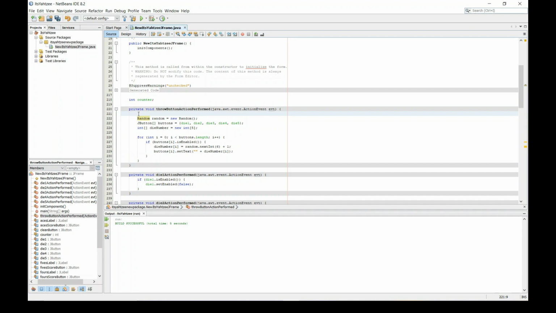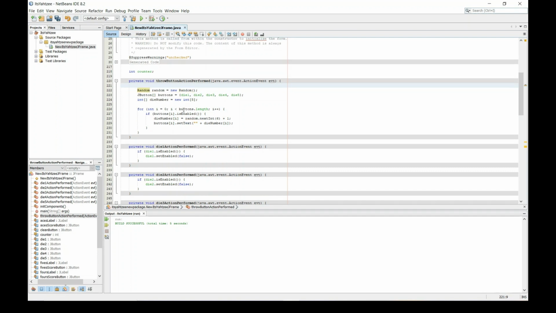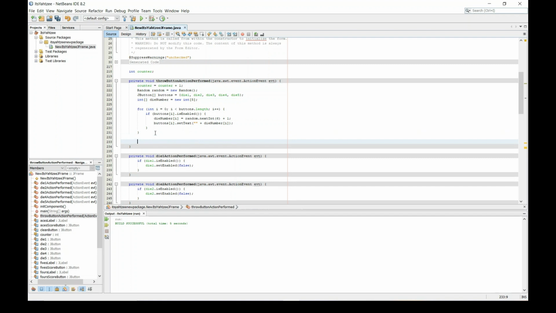When you push the throw, the counter will add by 1. Counter equals counter plus 1, right? And so, if counter